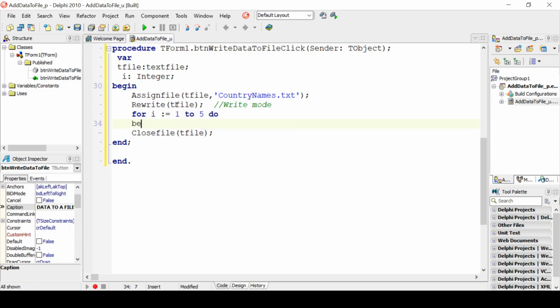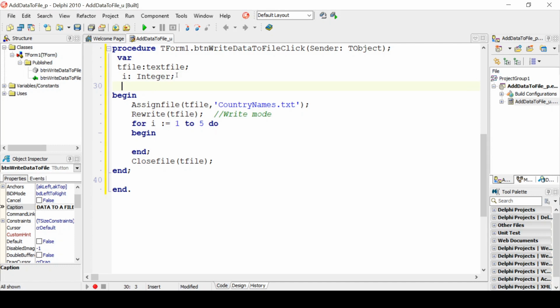Okay, begin and end. I now need to create a string variable. So sCountry, you could call it anything. You could call it sLine, and it is of data type string. It's a string variable. So let's use that string variable sCountry,